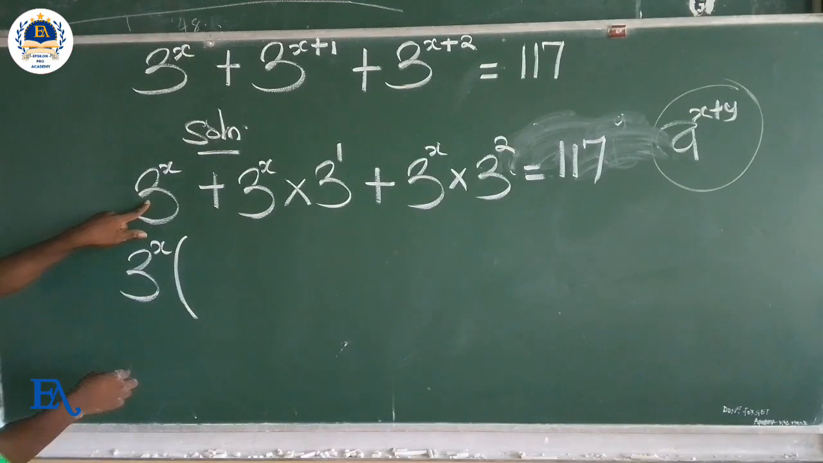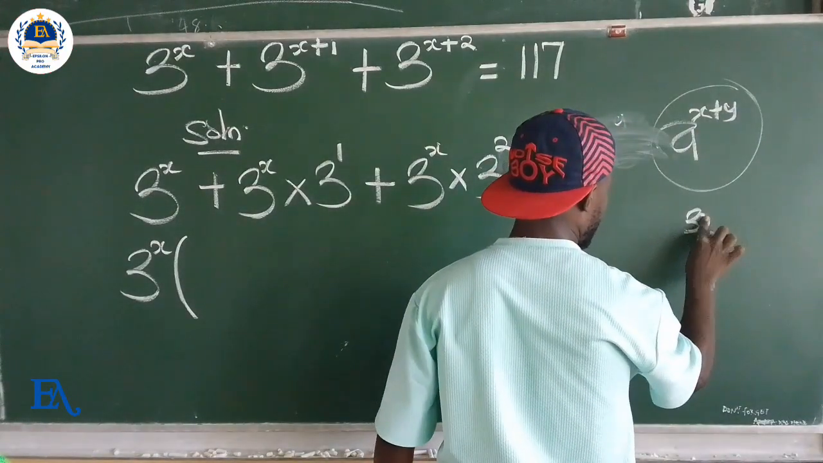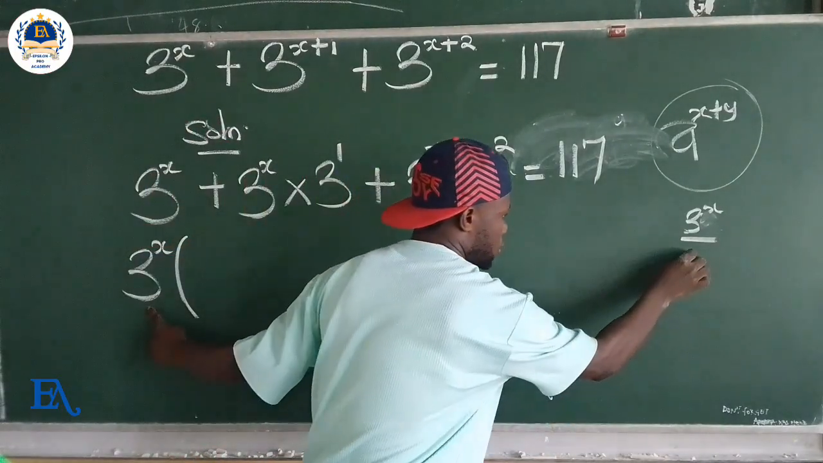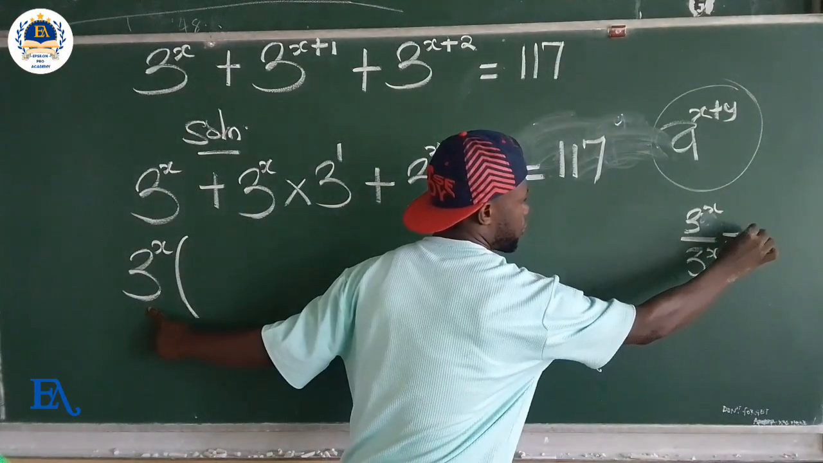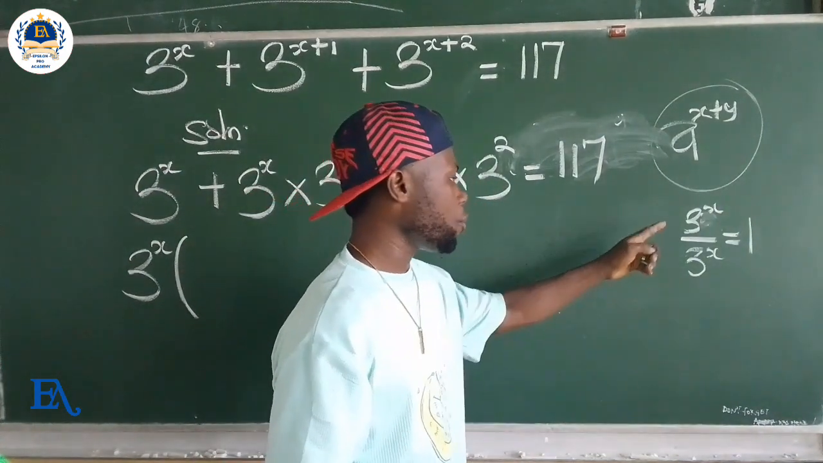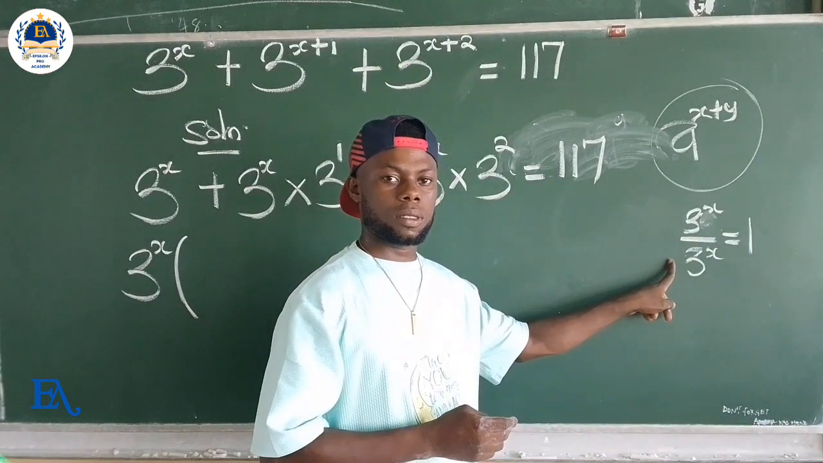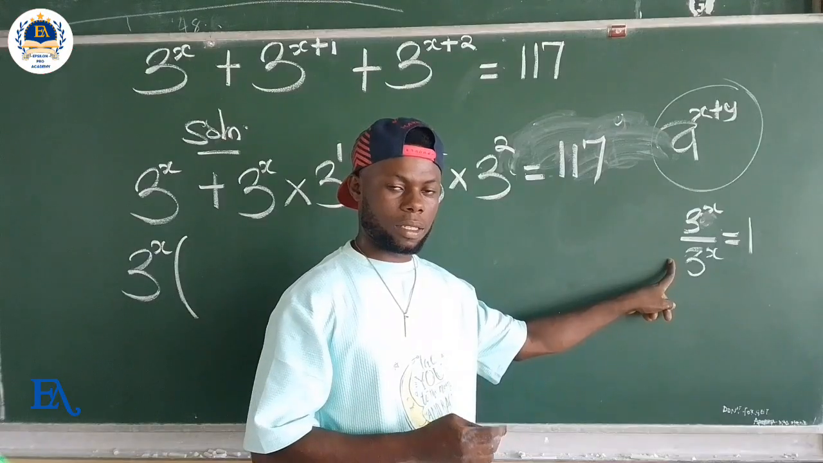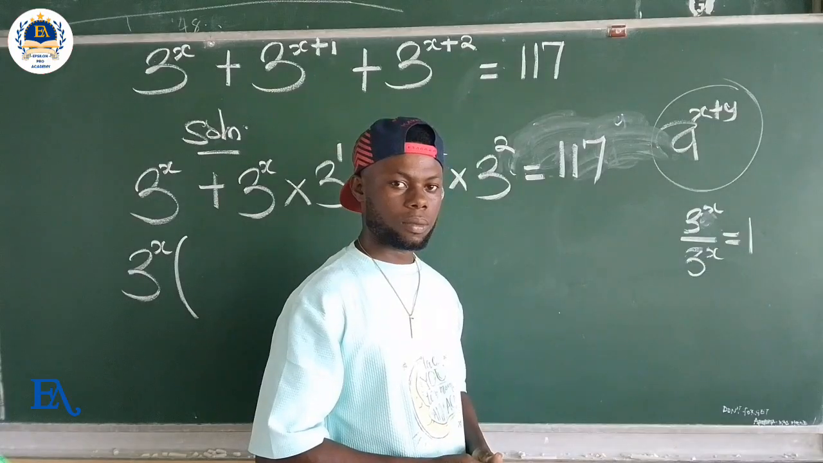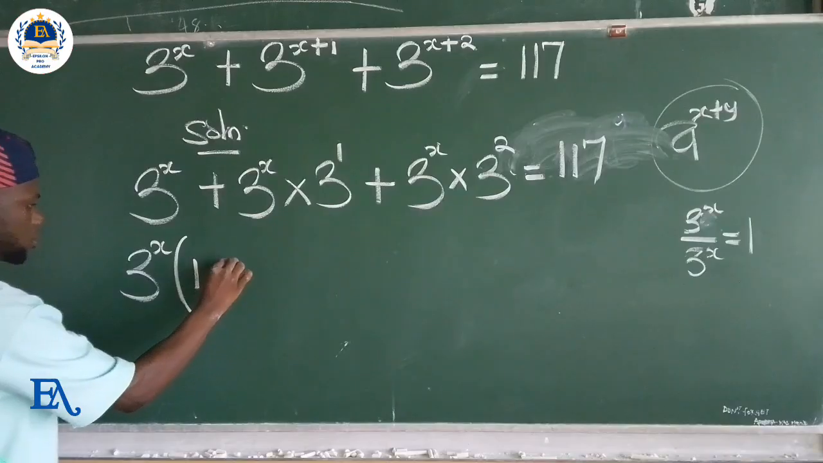3 raised power of x divided by 3 raised power of x will give 1. When you divide the same quantity or the same number by itself, the result is always 1. Example is 10 divided by 10 is equal to 1, provided that the denominator is not 0. Let's proceed. So let's write here 1 plus,